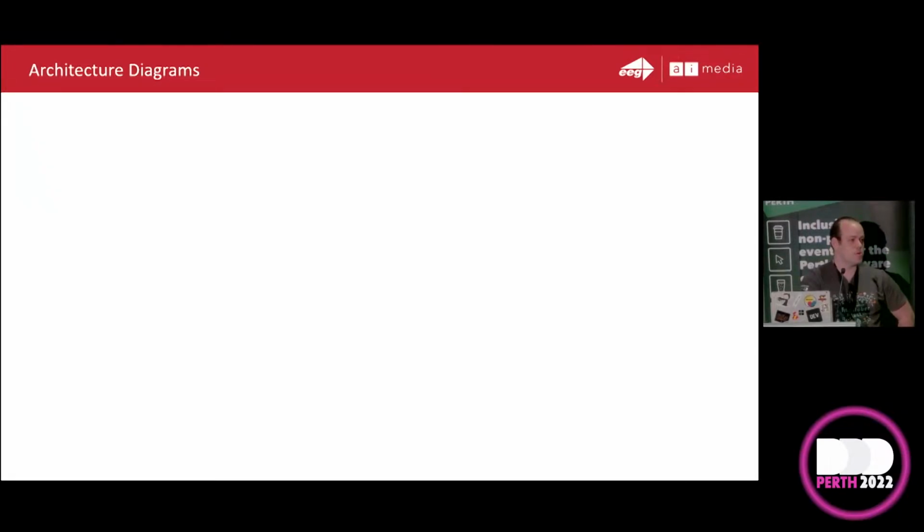Onto diagrams. Audience participation: who's done a diagram before? Who's done an architecture one? Nice. How many of you have done it on a whiteboard? Mostly on a whiteboard, yeah? How many have done more professional ones, used a bit of software and had to store it in the system where everyone references? Cool. So we're all pretty familiar with architecture diagrams then.